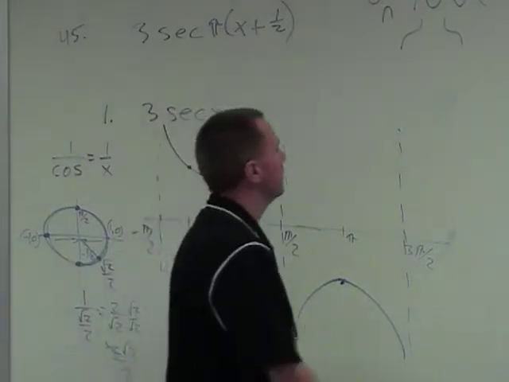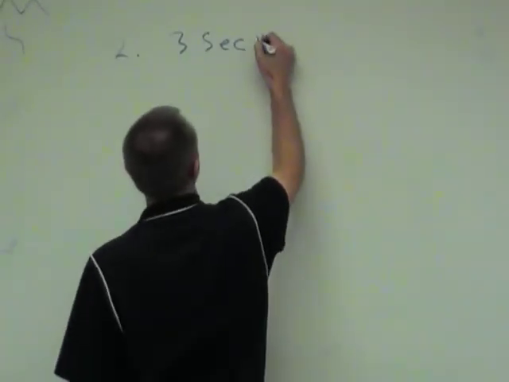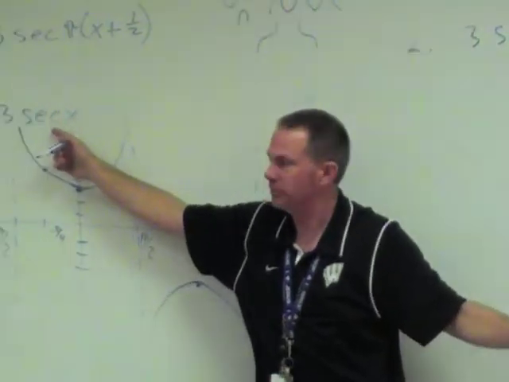Number 2 is going to look like this. This is what you have to do for step 2. You take this value and you set it equal to each of these x values that is in this graph. Because this will change, this will tell you where the first asymptote needs to be in this graph. Because 3 secant of something, if these two are equal,